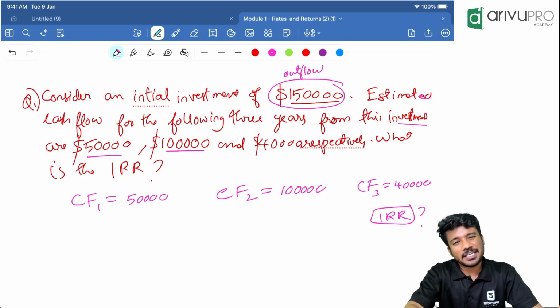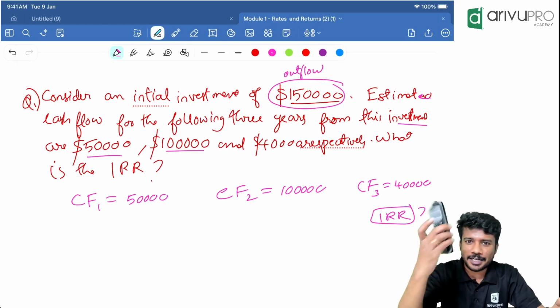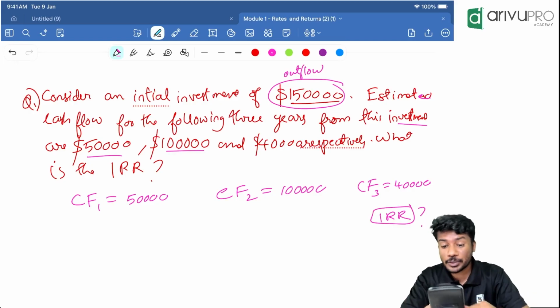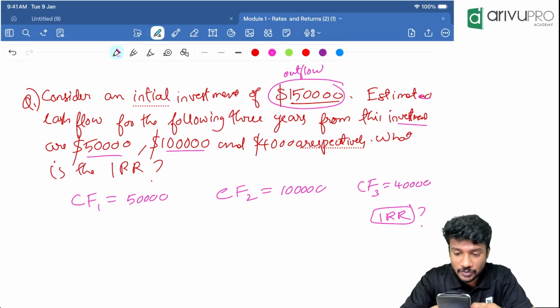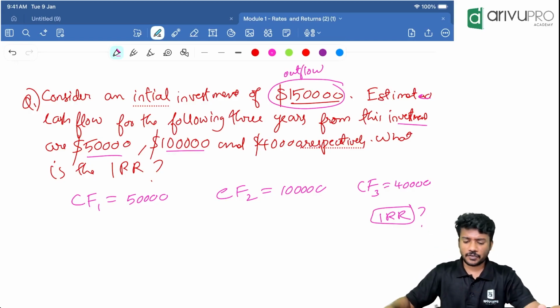Okay, we can easily find it using our calculator. I'll tell you how to use calculator for finding this. Okay, we will clear everything. First step,